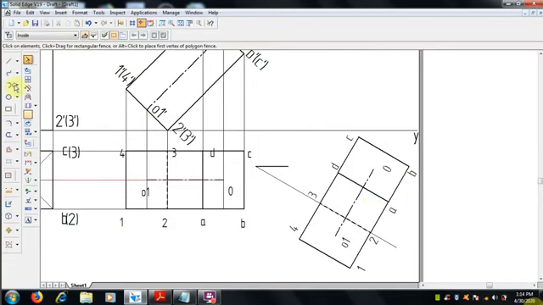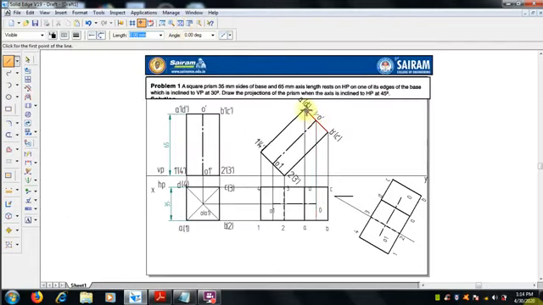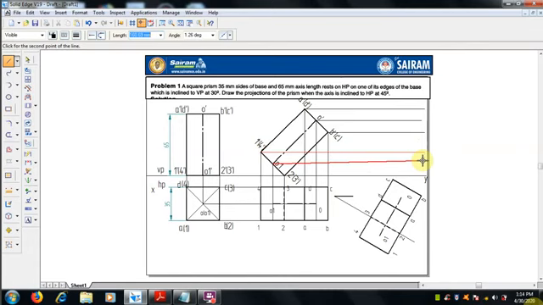Right, now from this view we have to draw the front view, that is after the tilting position. How to draw this? By just projecting the lines from the second position, that is the inclined position. 1 dash 4 dash line, that is the axis, draw the projector line.